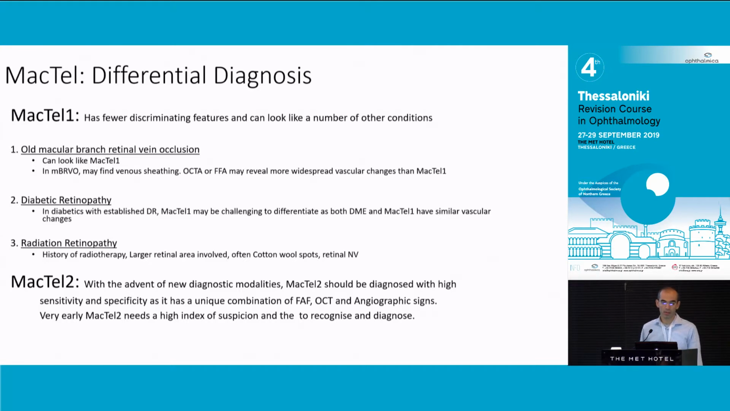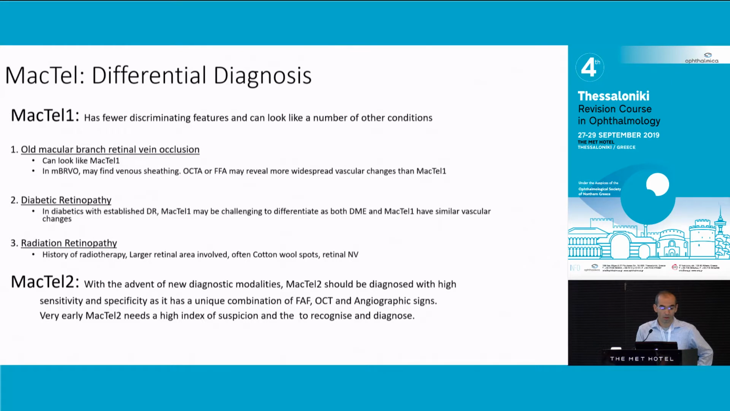Now, differential diagnosis with MacTel 1, it has fewer discriminating features compared to other exudative capillary inner retinal diseases. So, you could see a patient who may have had an old, small, tiny macular branch retinal vein occlusion. It can look like MacTel, but if you do angiography, you may find a more widespread vascular change compared to MacTel 1. Well, in a diabetic with established diabetic retinopathy, it can be pretty much impossible to differentiate MacTel 1 from a diabetic macular edema, but, practically, the management is the same, so you just have to go in and